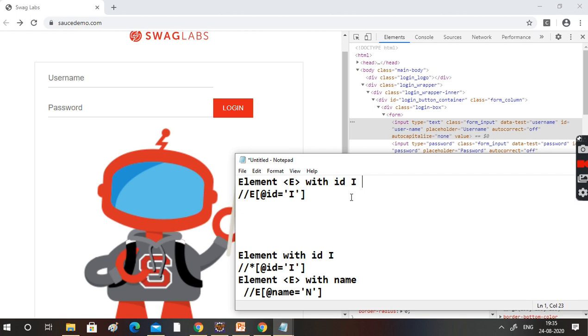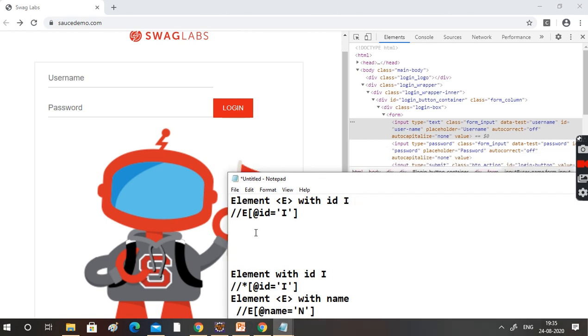Element E means input tag, right? Input tag. What is the attribute? At ID. What is ID? We already know that, right? User-name. This is a 1. So ID attribute and the value. Here you go.